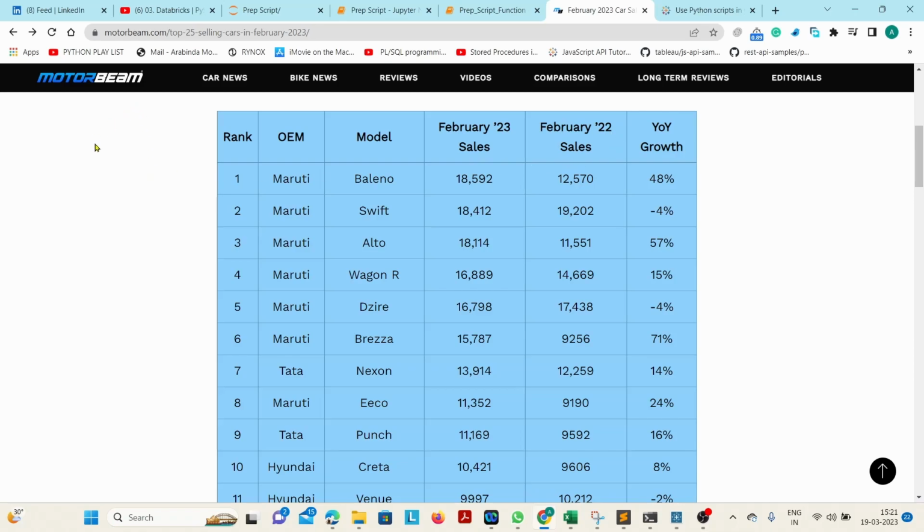Basically, it is a URL of Motobim. Motobim is a web content creator in the digital industry, which deals in cars and bikes. So we will hit this URL and read this table, and from it we will create another new column which will reflect the difference between these two columns, that is February 23 cells minus